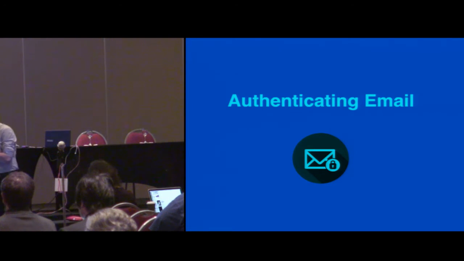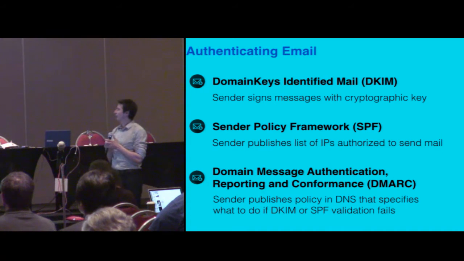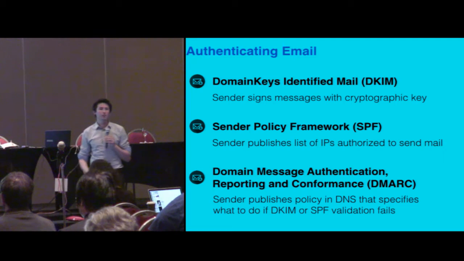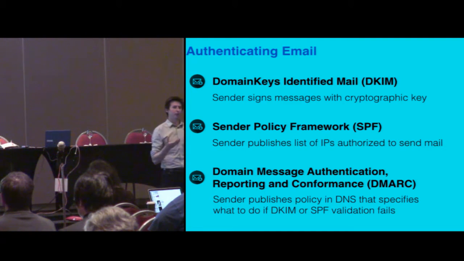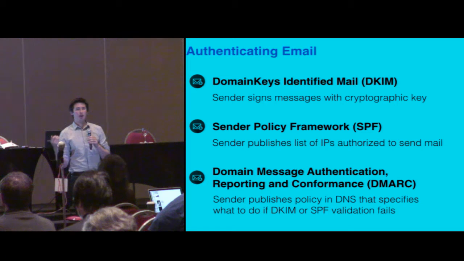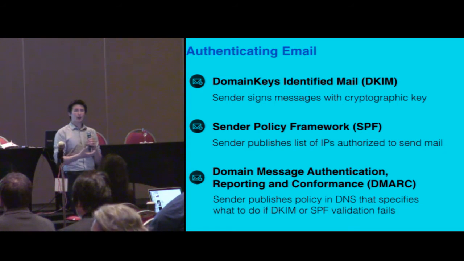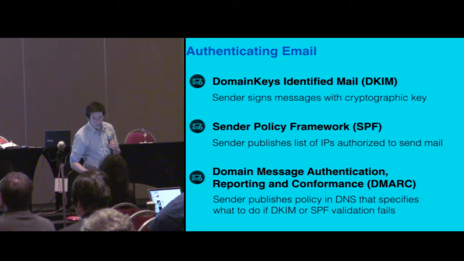So in terms of authenticating mail, there are, again, a couple of protocols that are commonly used. Probably the foremost is called DKIM, which essentially allows a sender to sign a message, providing a cryptographic signature in an additional header on the message. And then when the recipient receives the message, they can look up the public key for that sender and verify that the message was not altered somewhere on the path.